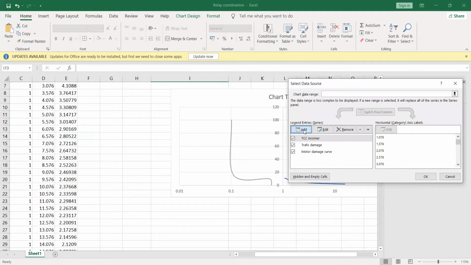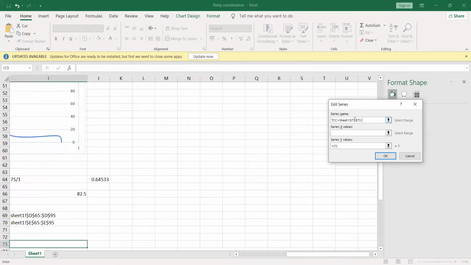And I will add one more. TCC, I will say outgoing. Okay, this is the X-axis and this is the Y-axis. Y-axis is E.